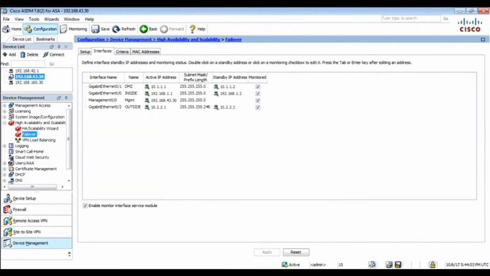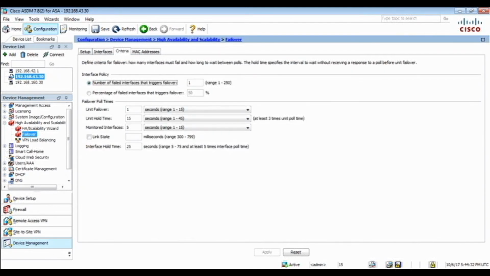At the Interfaces tab, we can define interface standby IP addresses and monitoring status. It is self-explanatory. By default, every ASA interface will be monitored to detect a failure that might trigger a failover. At the Criteria tab, here we can define the criteria for failover, how many interfaces must fail to trigger the failover. For the failover poll times settings,